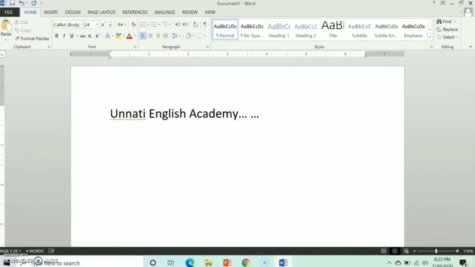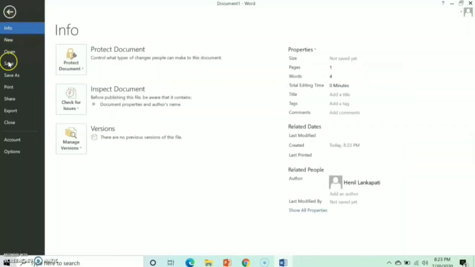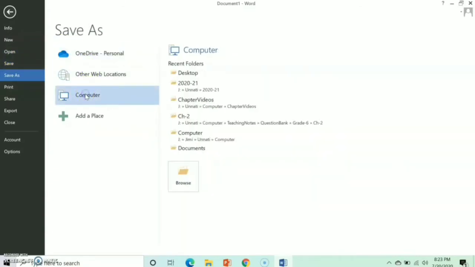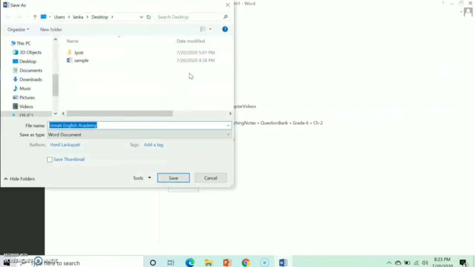Now, after writing your text, click on the File menu. Then there are two options available, Save and Save As. You can choose any. So click on the Save button. It will ask you to open the folder in which you want to save your file.